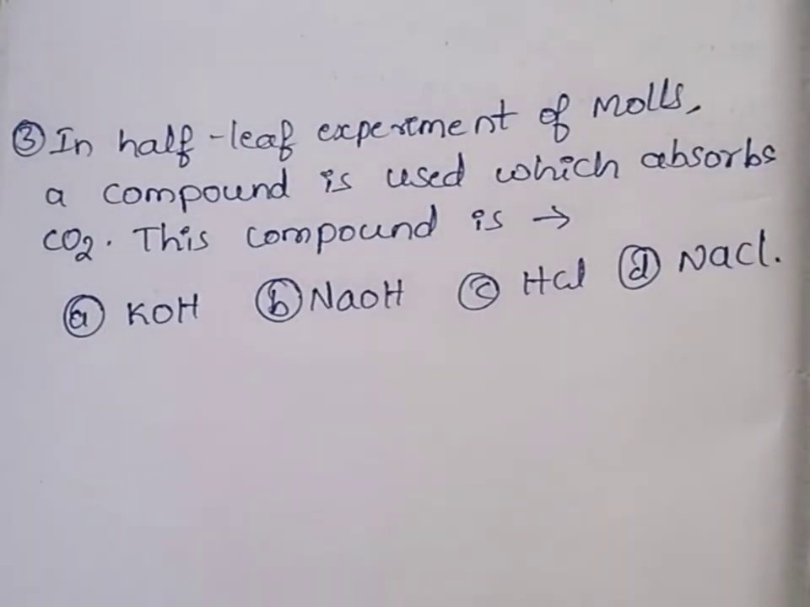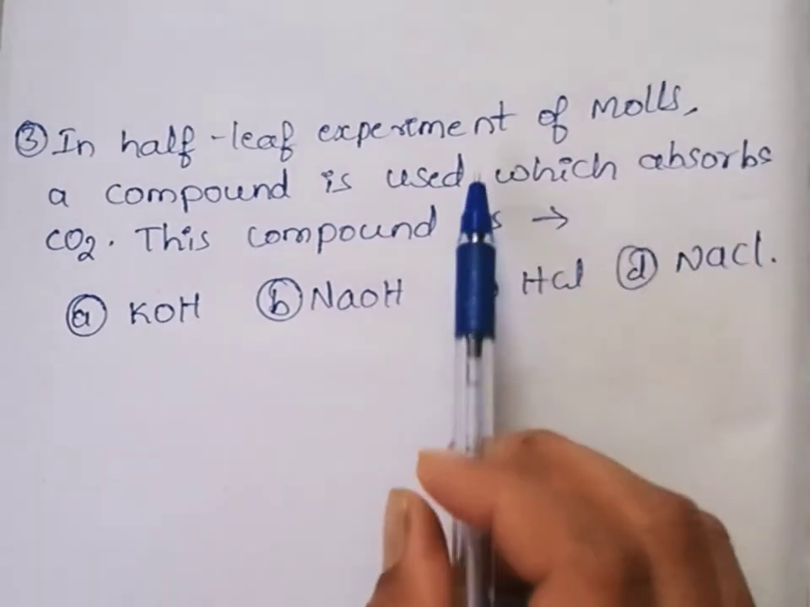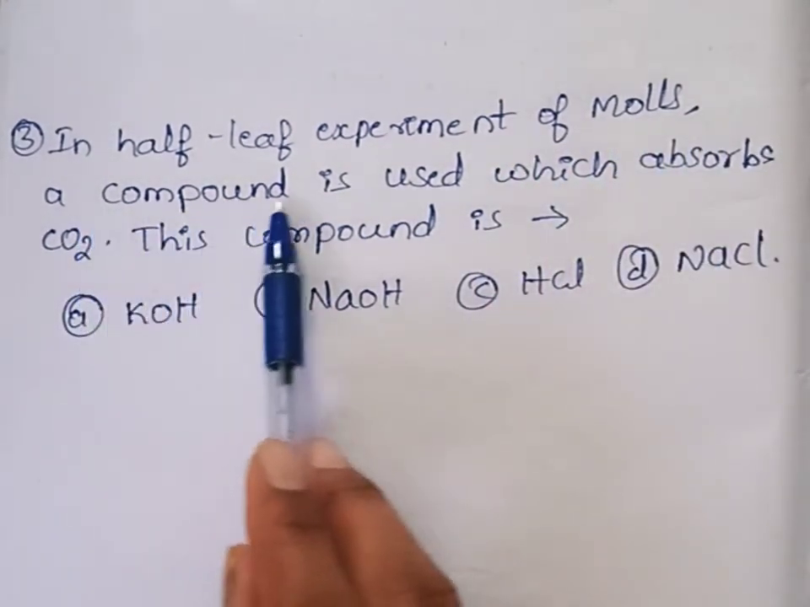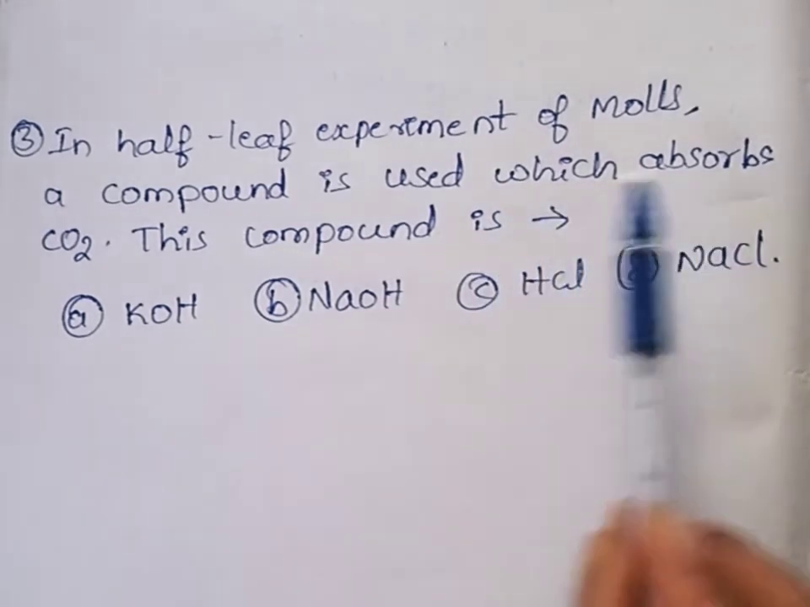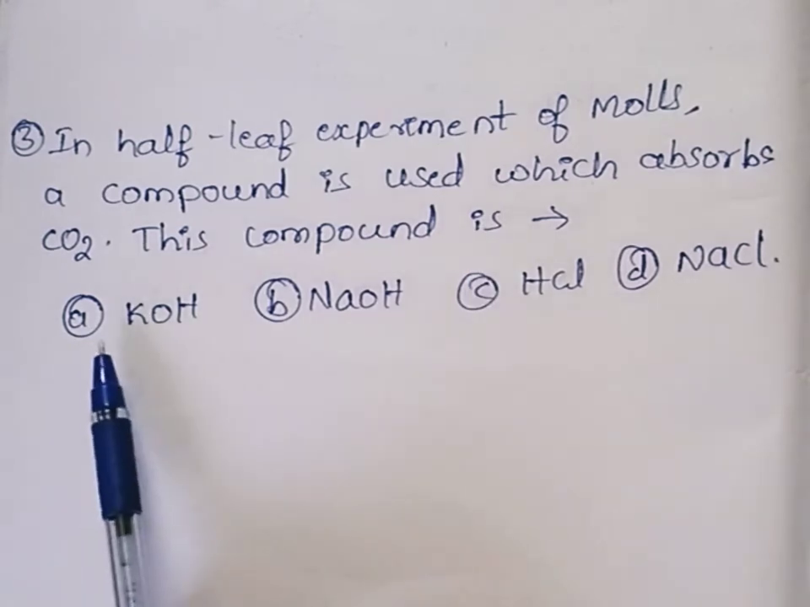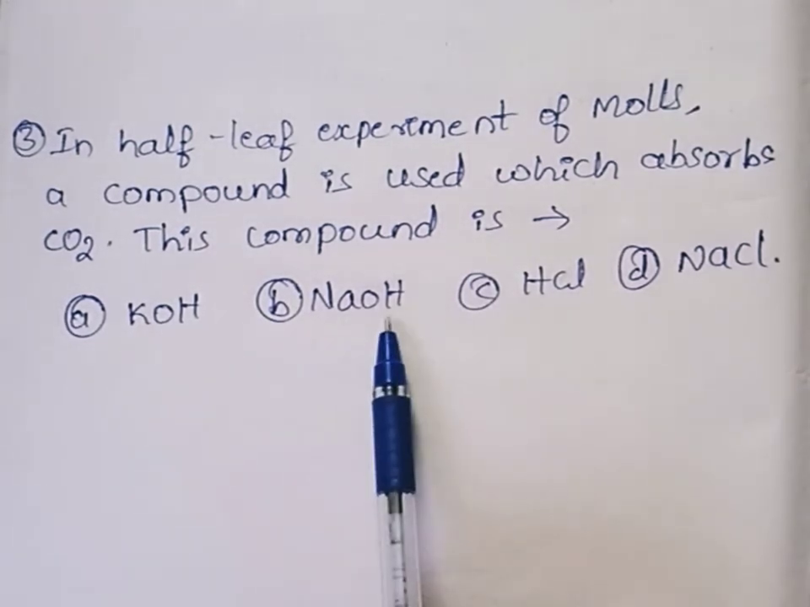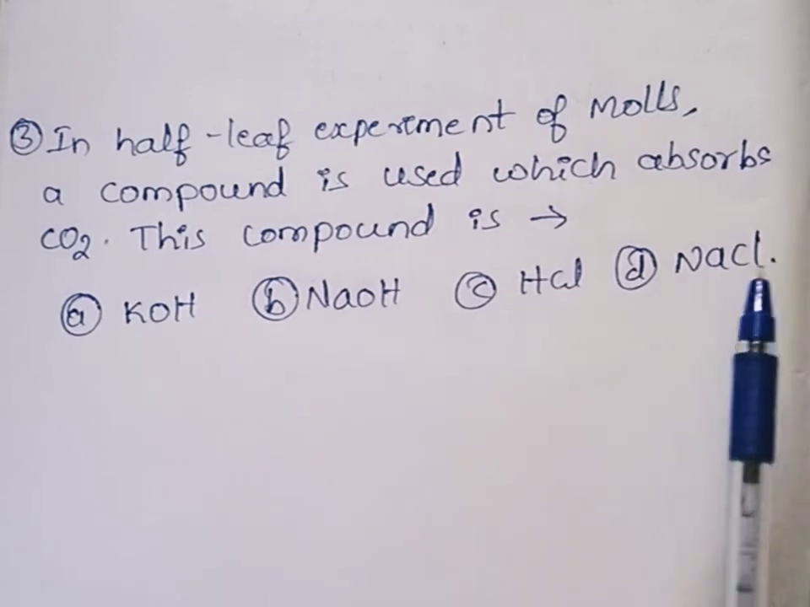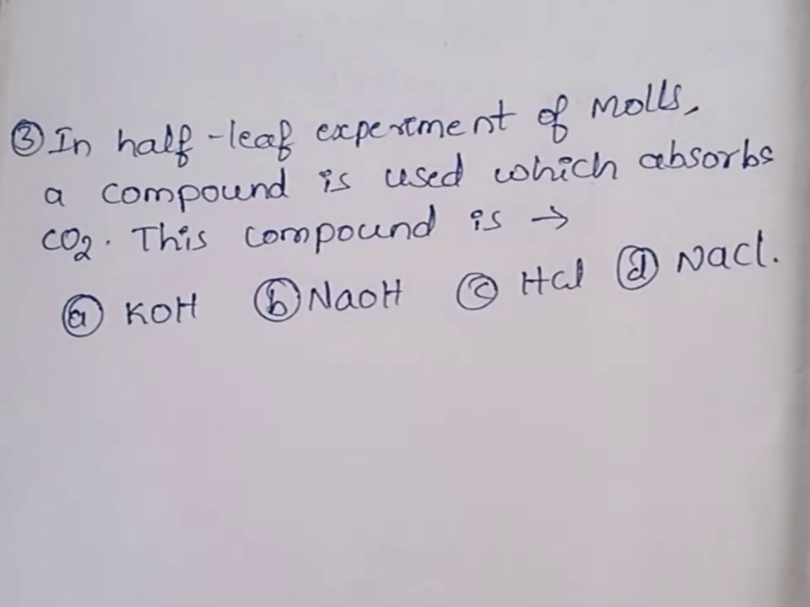Next question is, in a half-leaf experiment of Moll, a compound is used which absorbs the CO2. This compound is, the options are KOH, NaOH, HCl and NaCl. Moll conducted the half-leaf experiment. According to him, the CO2 is essential for the photosynthesis process. In that experiment, Moll used one of the compounds